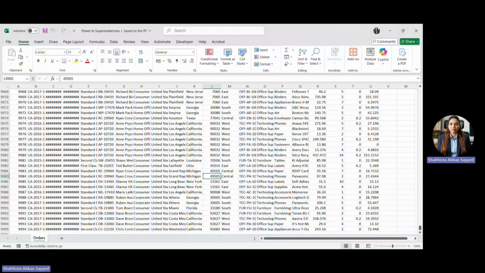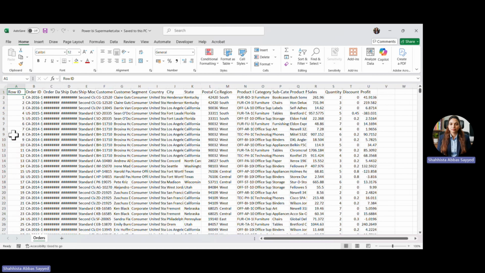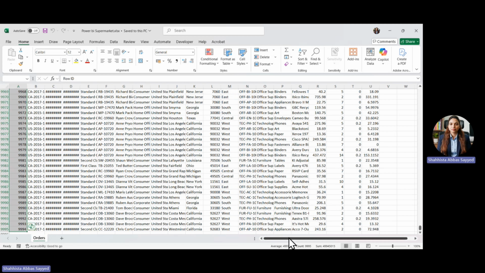For that, let me just quickly share my screen and let me show you where my data is. So this is my data on which I am going to build my dashboards and my reports. So let me just take you to this data. And if you see here inside this data set, I have somewhere around 21 rows and I have somewhere around